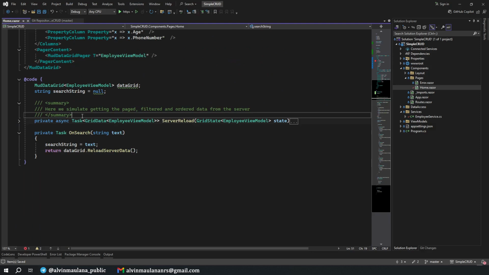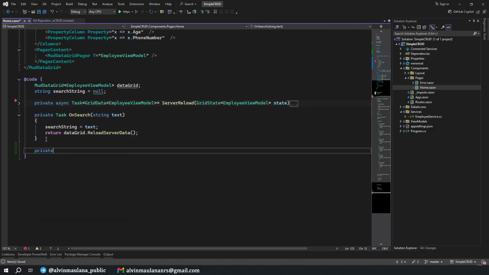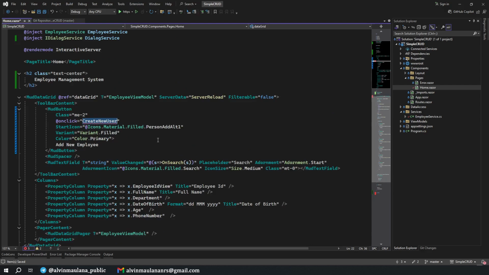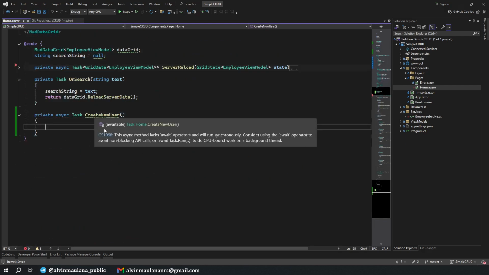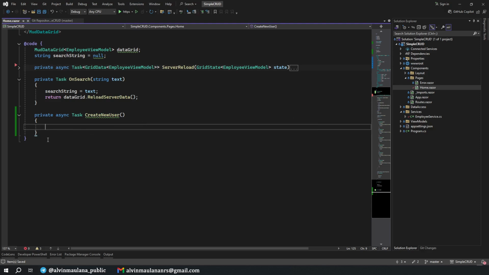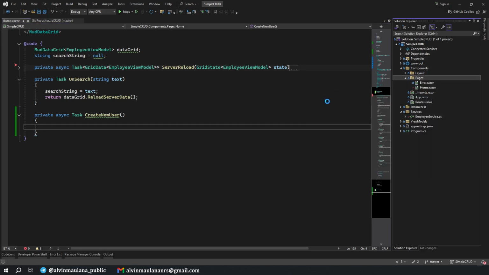Okay, this comment we don't need anymore, and we will have this one, private async Task. What we name, yeah, CreateNewUser. Okay, in order to use a MudBlazor dialog, we need to have another Razor component to show inside our dialog. So let's have a temporary empty Razor component.